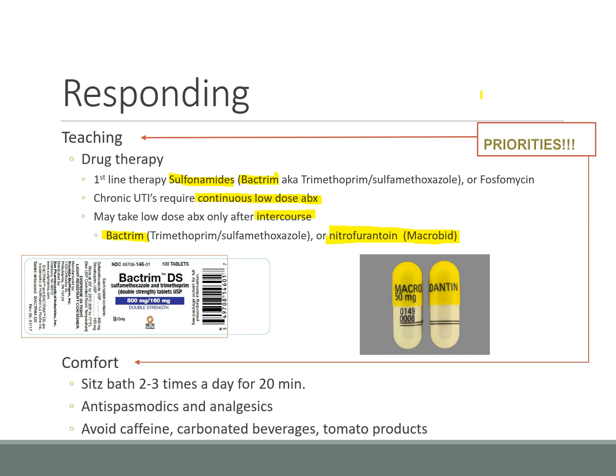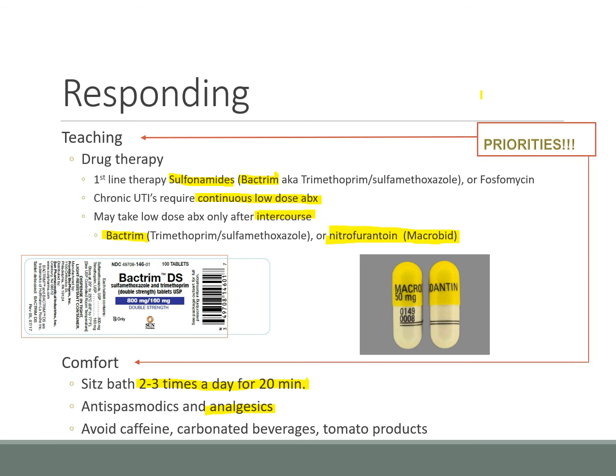Now for comfort, sitz bath. This is where you can buy a little device, maybe at CVS or Walgreens, that will spray warm water on the perineal area. It is very helpful in the pain, usually after somebody urinates. There's a lot of pain, so this can reduce that, and they'll do it for usually 2 to 3 times a day or more if needed. You can do it more. We can give patients